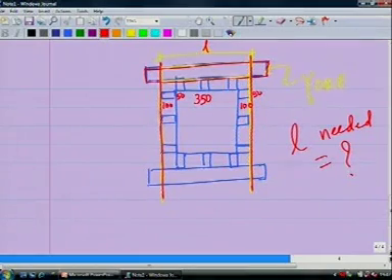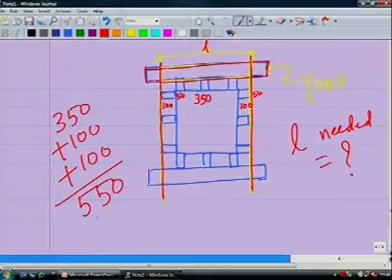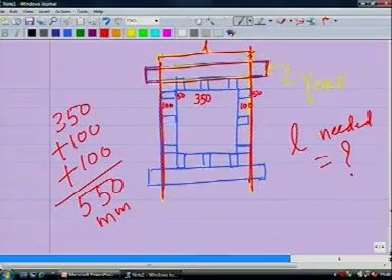So, what is the minimum distance that you require, technology class? 350, let's work it out, plus 100 plus 100. 550 millimeter is the least that is needed by you, because less than this you cannot put tie rod. So, that means this is going to be your minimum span length.